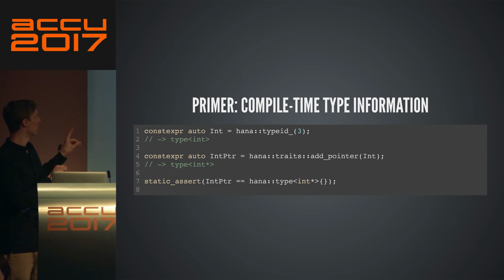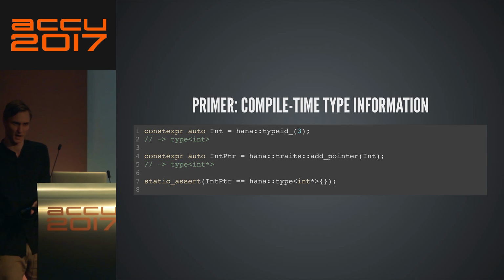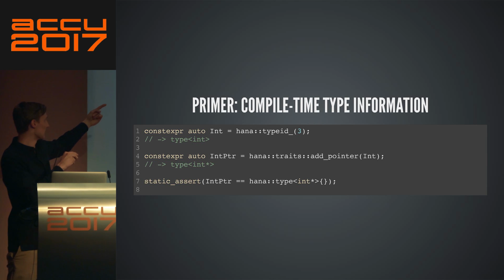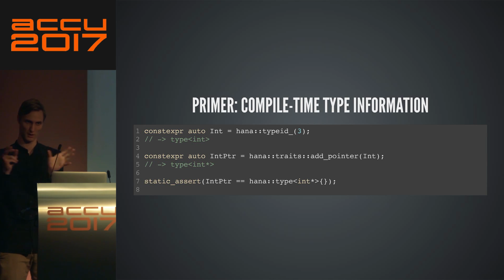So it returns an object whose type it is describing is contained in the type of that object. Okay, I know there's a lot of type words here, but basically int, capital I, has the type hana::type of int, okay? And that thing just says, I represent an int. That's all it says. It doesn't have any runtime component to it.